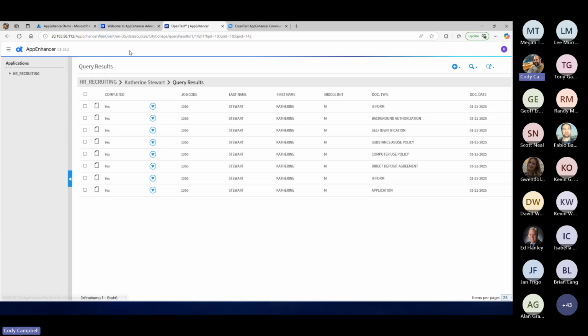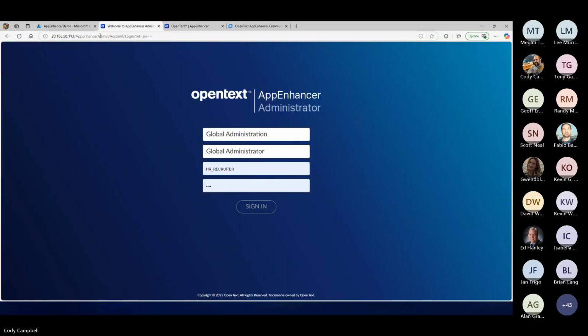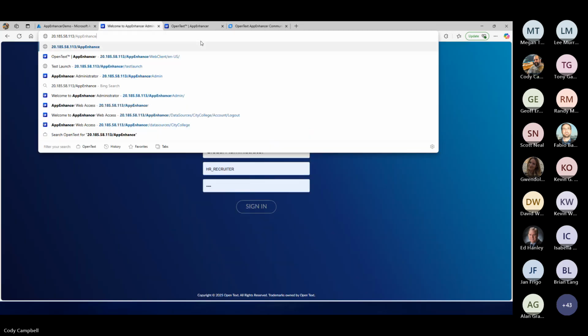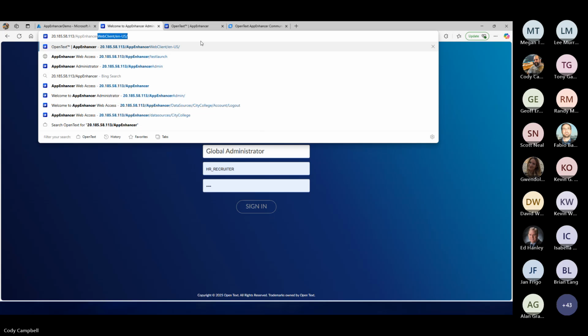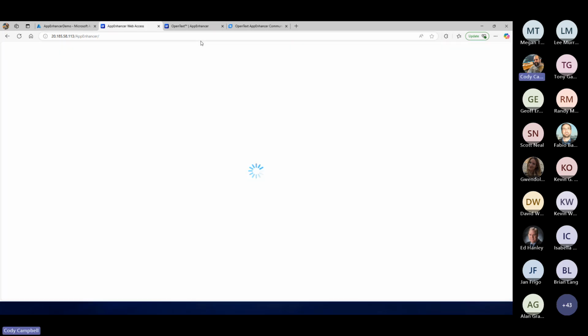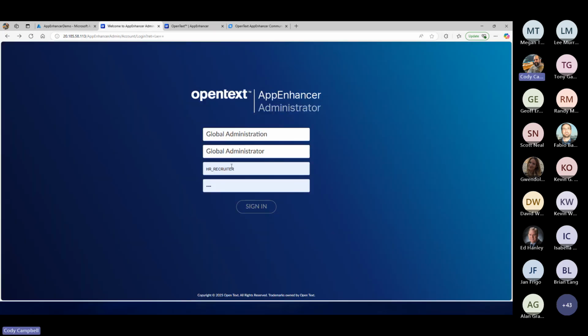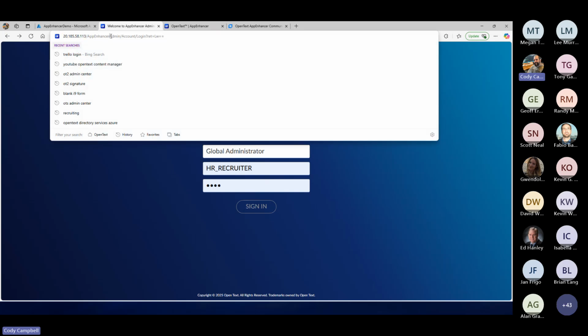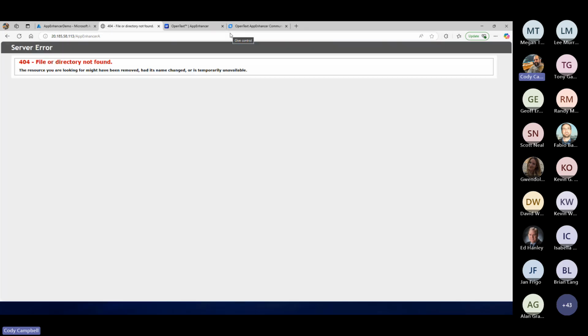If I go, we still have the basic AppEnhancer application. This is AppEnhancer admin. Let me take that out.